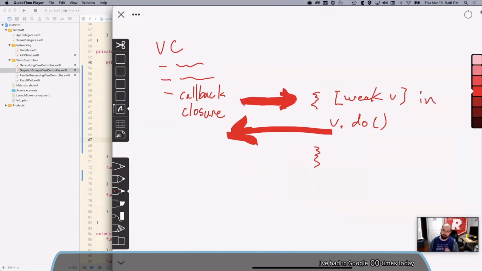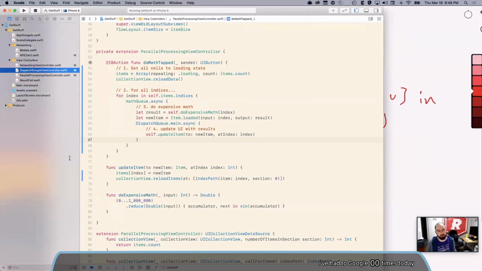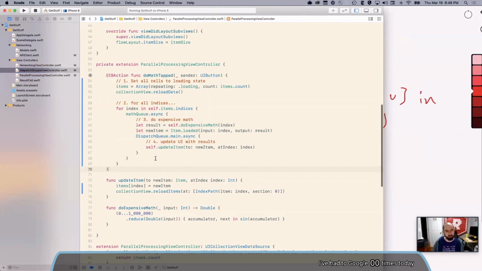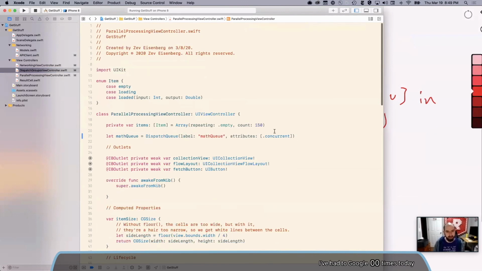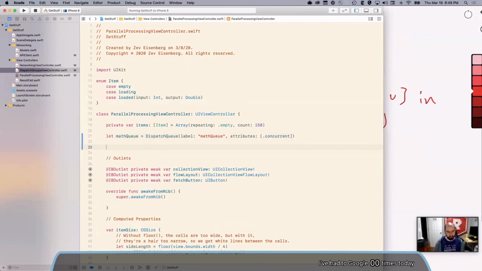So basically, if you can draw a diagram like this and you have arrows pointing in both directions, where one thing is keeping the other alive and the other is keeping the first thing alive, those are the only cases where you need to use weak self. So why didn't I use weak self in basically anything I did tonight? Well, in none of my examples did I have something like a callback, which is something that takes an int and returns void, some answer.